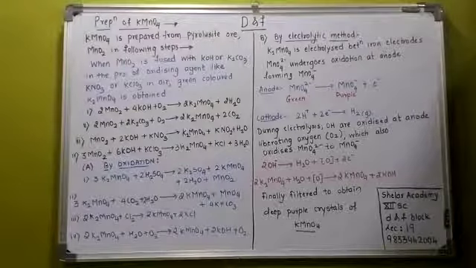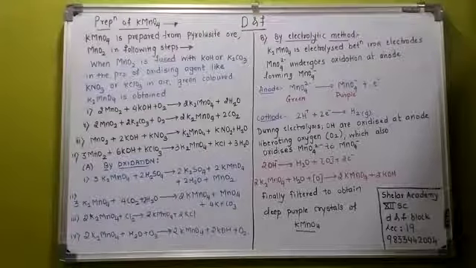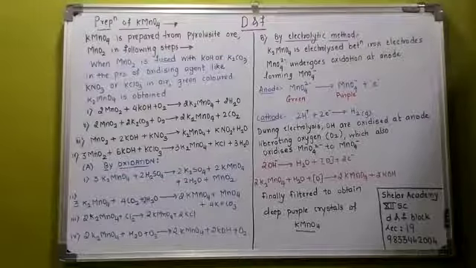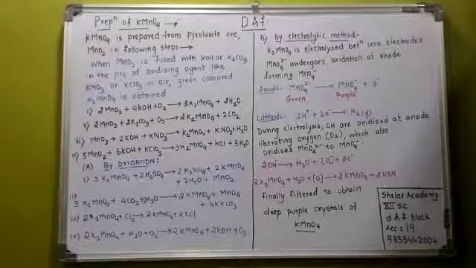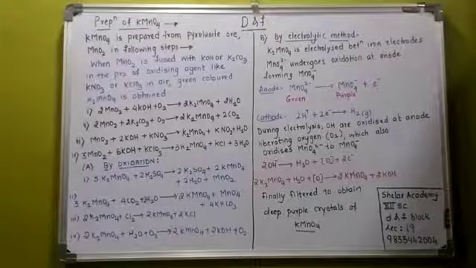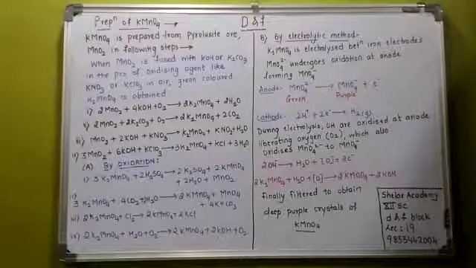Now, what are all the oxidizing agents used? It can be O2 from air, it can be KNO3, or it can be KClO3. In air, a green colored potassium manganate, K2MnO4, is obtained. See, these are all the oxidizing agents: oxygen, KNO3, KClO3. What to remember is, on the right hand side the main product you are getting is K2MnO4. If it is K2CO3, it is converted to, there is nothing there.